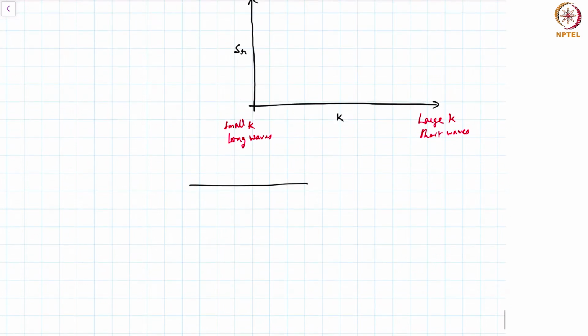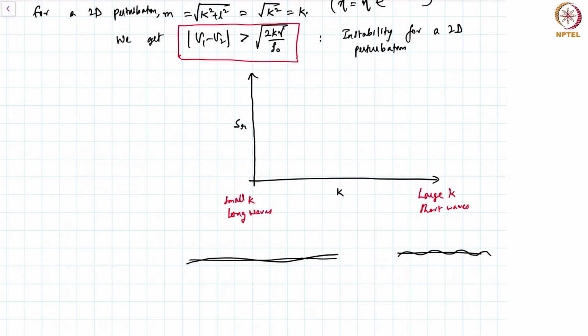Let me illustrate that. Long waves are long like this, whereas short waves have a much smaller wavelength. That's what we mean by short and long. Note that there is no length scale present in the problem, so short and long should be interpreted in terms of a cutoff wavelength. What is the cutoff wavelength? We can write down that if k becomes greater than some cutoff wave number, which is essentially given by (u1 minus u2) whole squared times rho naught by 2 gamma,